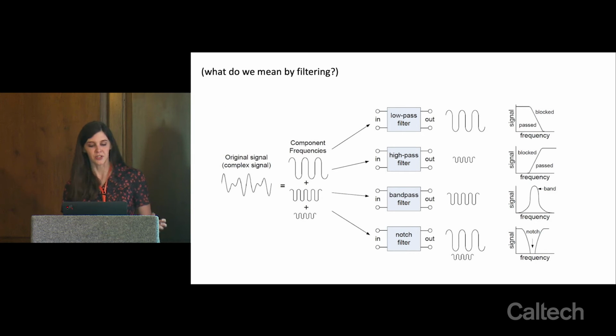You can construct other kinds of filters. They're less common in biological systems just because, as you saw from the model, this low-pass filtering is what naturally falls out of describing the opening and closing of ion channels, or the flow of ions across the cell membrane. In electronics, you can have high-pass filters that remove low-frequency components of signals. You can have bandpass filters that only allow through input at particular frequencies, and you can have notch filters that remove signals at a particular frequency. In neuroscience, you most often see neurons that act like this, but you will also see some neurons that act like this. In some models, people really put an emphasis on bandpass filtering.